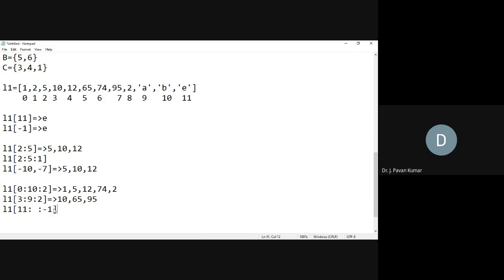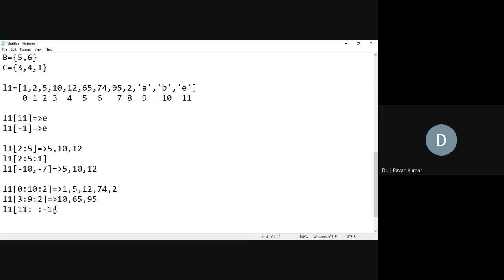Okay, the step you have to apply, whatever we have discussed. If you specify 1, it will go 1 step every time to the right. If you specify 2, 2 steps every time to the right. If you specify minus 1, then it will go 1 step towards the left. That's it. As we have considered with respect to indexes, here also if you specify minus 1 as the step, it will consider in reverse order.